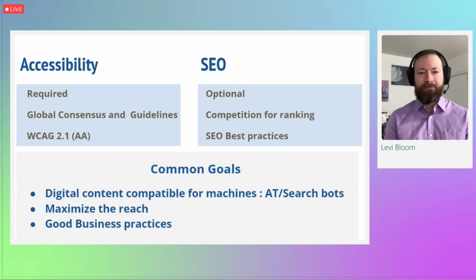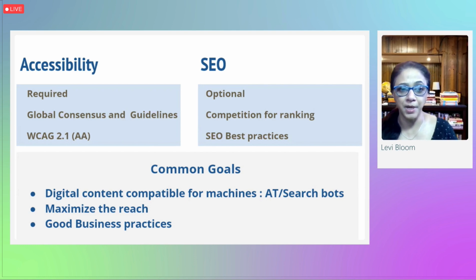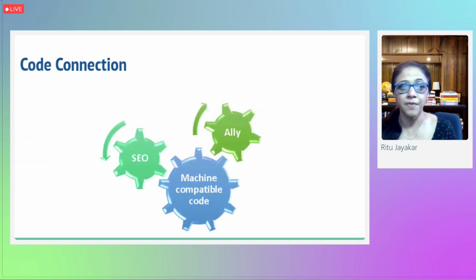There are different reasons why accessibility and SEO practices are adopted in higher ed marketing. Both strive to maximize the user base, and both want to make web content readable by the machines. These machines could be screen readers or search bots. SEO and accessibility have a common goal of reaching as many users as possible. To achieve this goal, they need to develop a machine-compatible interface.